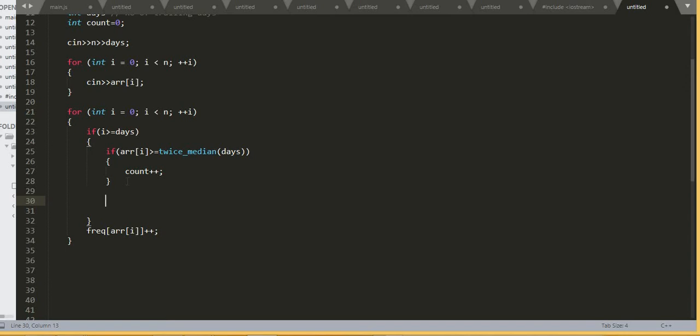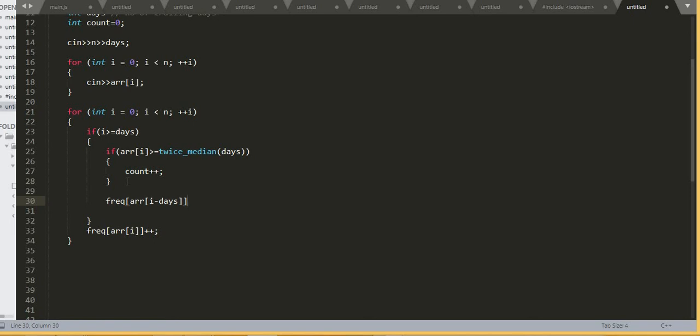So we know that we want only 5 elements, as the 5 or number of days elements. So what we can do is modify our frequency array and remove the last element. Let's say we have 6 elements and we're starting with the 5, and we come to the 7th position. So we want only 2 to 7. We don't want 0, 1. So what we can do in this case is minus those values. So i minus days will ensure that we are removing the previous day element.